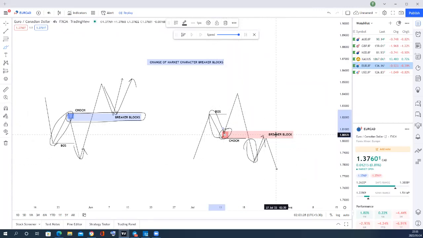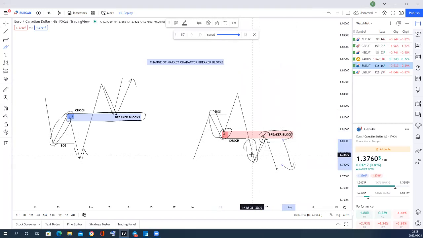And as our breaker block, you enter at this level here, enter at that level, and then start taking yourself to the downside. You understand? So what is important here? What is important is that